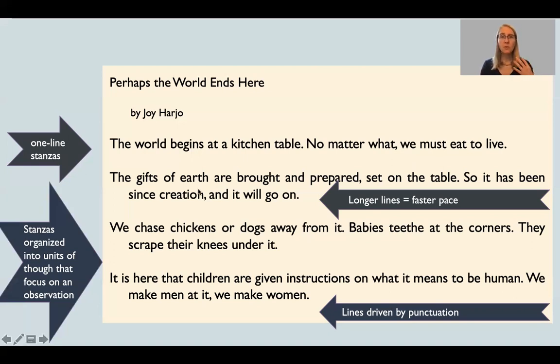Being able to read more quickly and not having as many kind of moments where I need to stop to process things, like I did with the William Carlos Williams poem and Oliver de la Paz's poem, makes this feel a little bit more like a story to me, or an essay. It has a bit more of a narrative feel, and I'm able to read it more quickly because I can just let go and go.